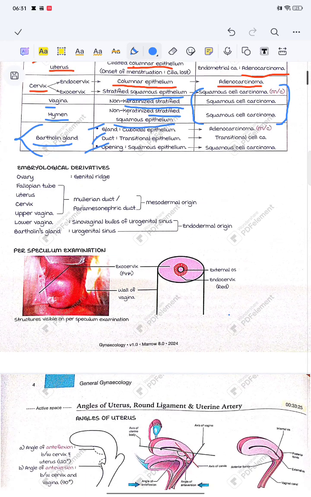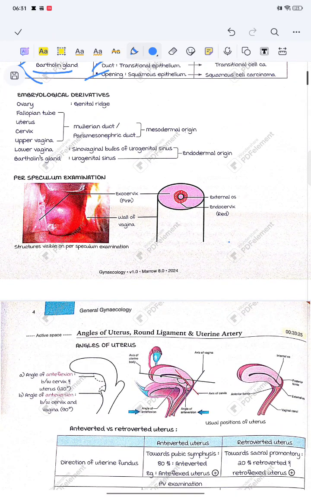Then next we are going to study the embryological derivatives. The ovary and testis develop from the genital ridge. It is important: from the genital ridge only, the ovaries and testis develop. Then the fallopian tube, uterus, and cervix, along with the upper vagina, all develop from the paramesonephric duct or mullerian duct, which are mesodermal in origin. Then the last one is the lower vagina. It is from the sinovaginal bulb of the urogenital sinus, and the Bartholin gland from the